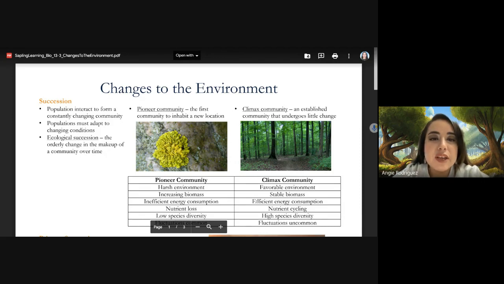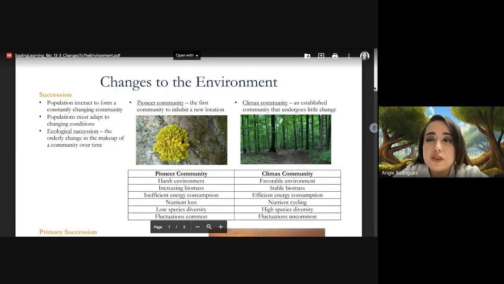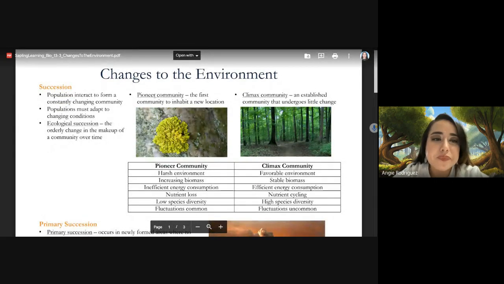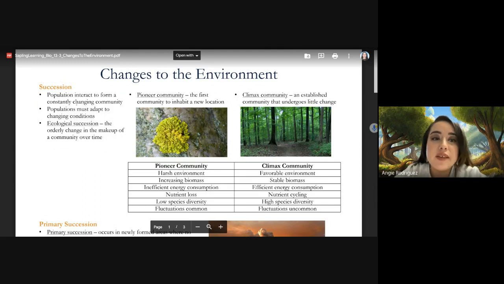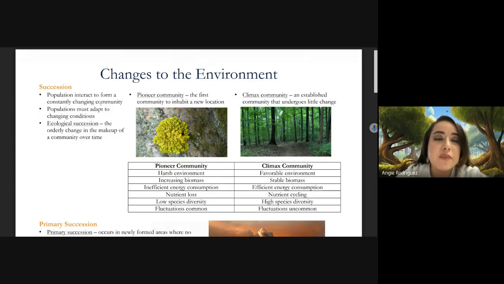Today, we will be covering ecological succession, environmental change, and adaptations. So just starting off with some notes here. So guys, remember that succession is when you have a population that is interacting to form some type of change